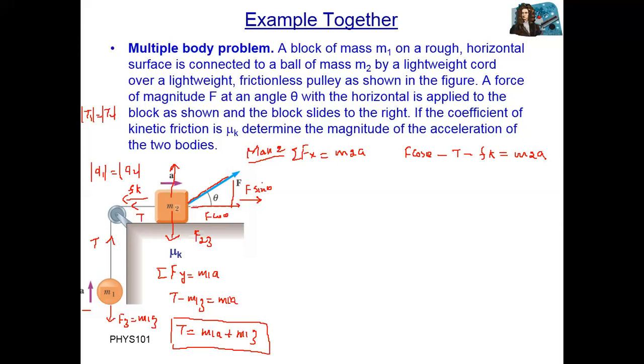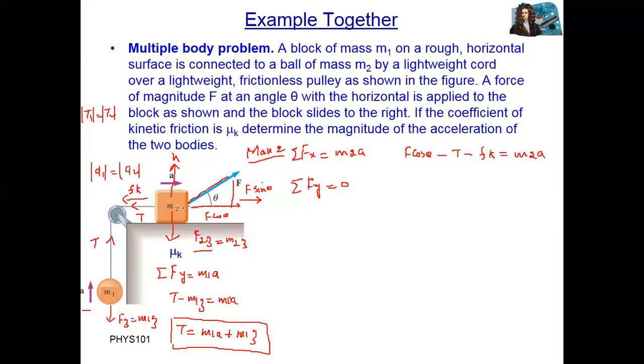Now, how many forces on the y-axis? The sum of all forces along the y-axis equals 0 because there is no motion along the vertical axis. Downward force: the gravitational force F2g, equal to m2g. Upward forces: the normal force and the component of this force, F sine theta. If we consider N and F sine theta positive,